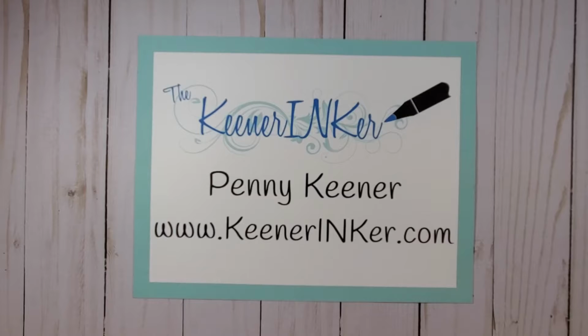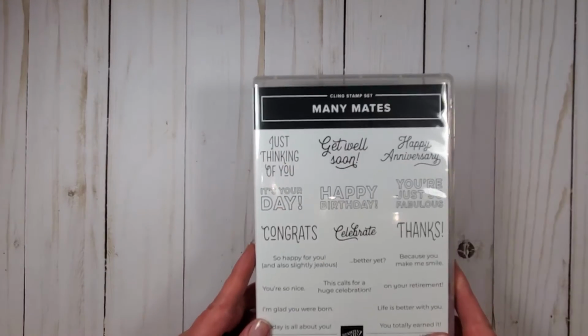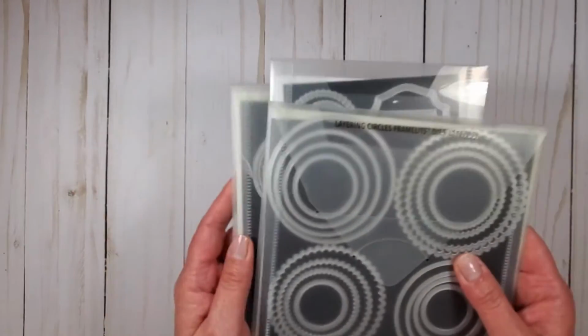Today we're going to be making a 2022 In Color embossed Just Thinking of You card. The stamp set we're going to be using is Mini Mates. We're going to use some dies, Tasteful Labels, Stitched Shapes, Layering Circles, and then quite a few embossing folders for